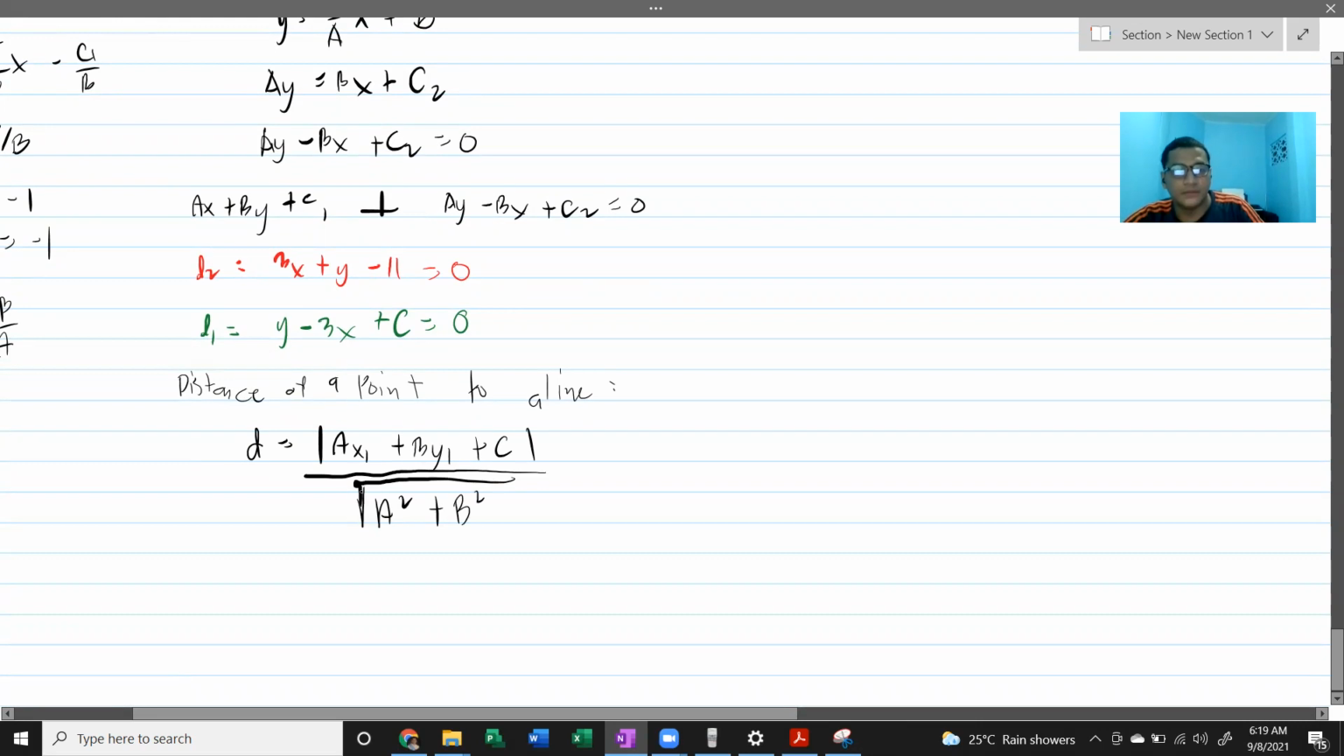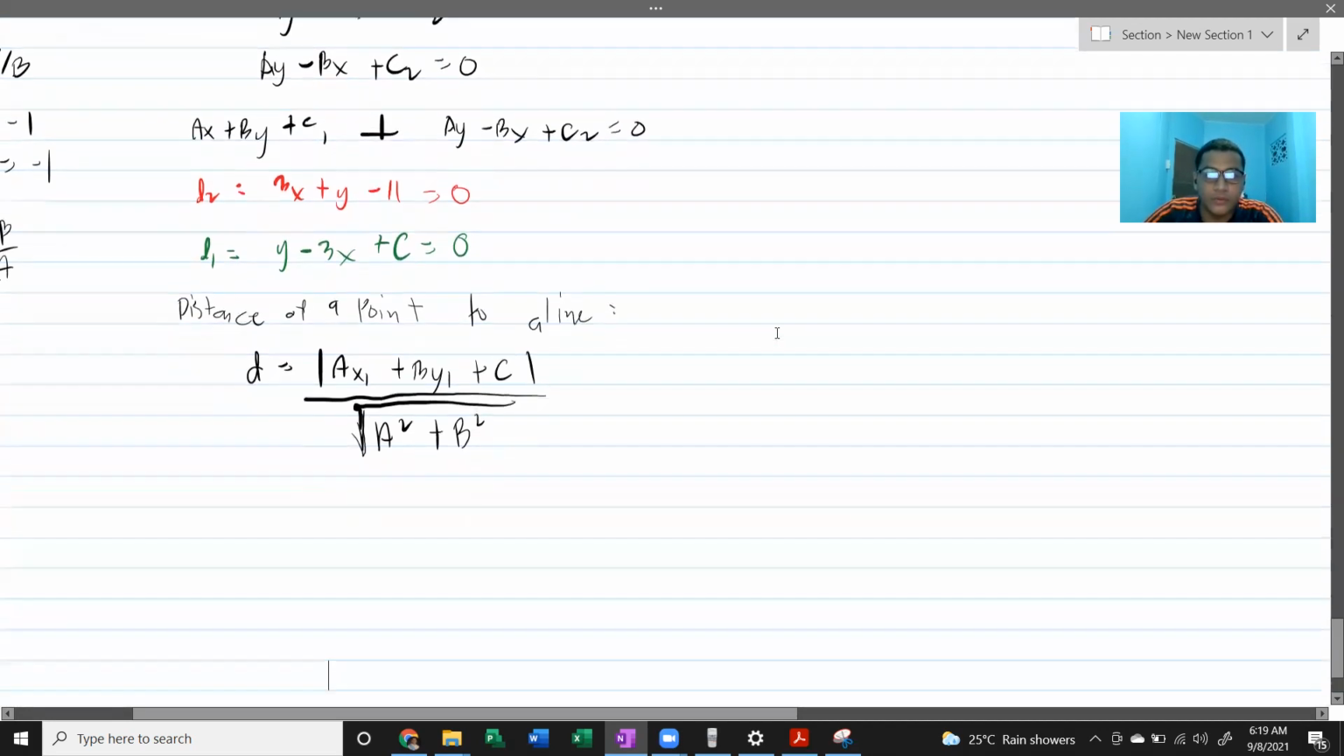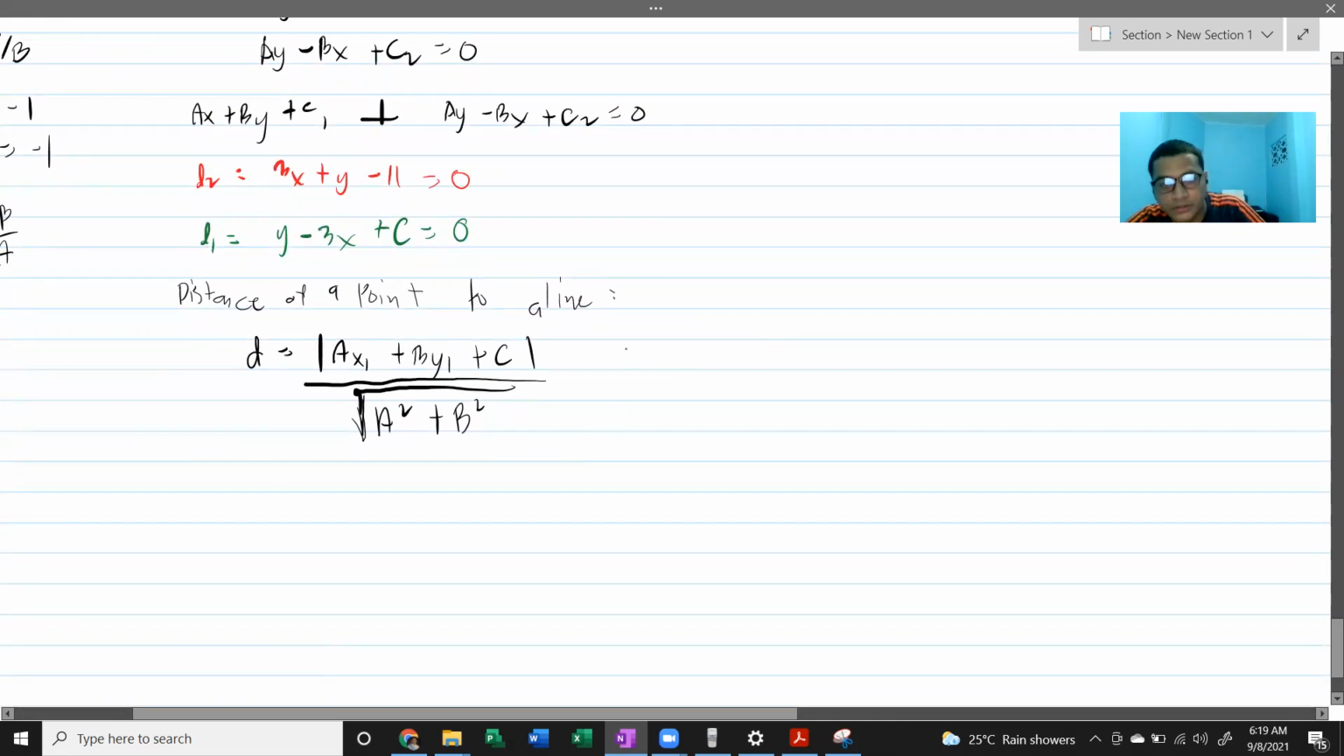Okay. Now we know the point that is (4, -1), and also we know the distance that is 13. We also know the coefficients a, b from here that we have solved. So the only unknown in this equation is the coefficient c. Okay, so let's substitute. 13 is equal to